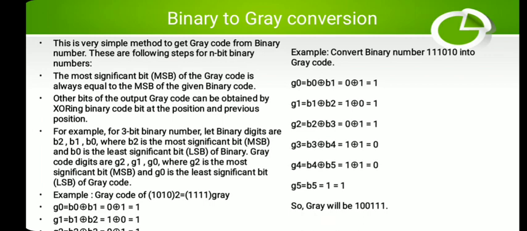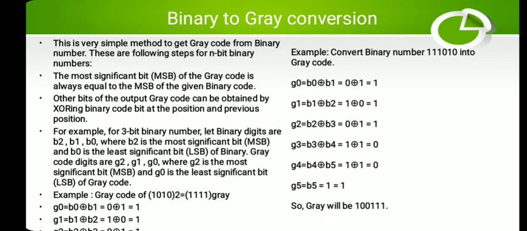What conclusion is drawn when you XOR either 2 bits or any bit number? When the inputs are equal, that is when the bits are of the same value, 0, 0 or 1, 1, the output is 0. When the inputs are different, either 0, 1 or 1, 0, or maybe for 3 bits it will change, then the output is high, or logic 1. Remember this. You should first listen carefully to how we carry out XORing.